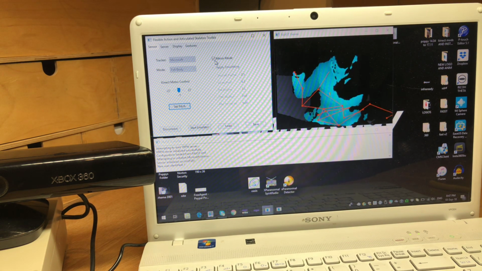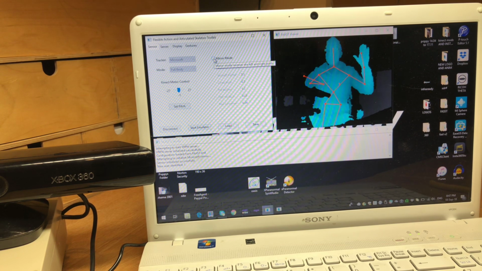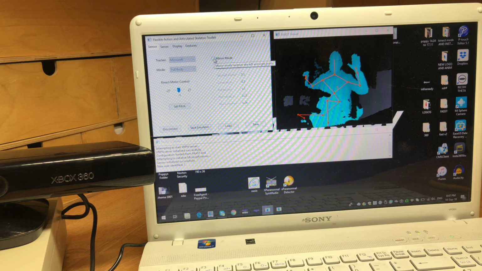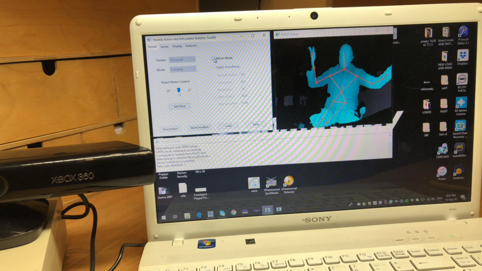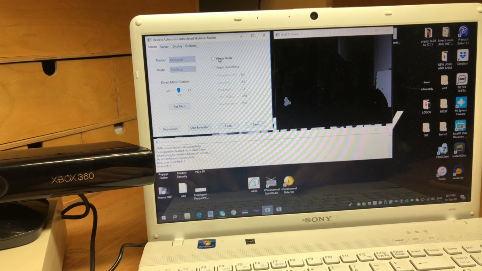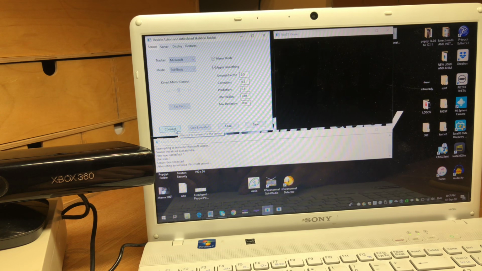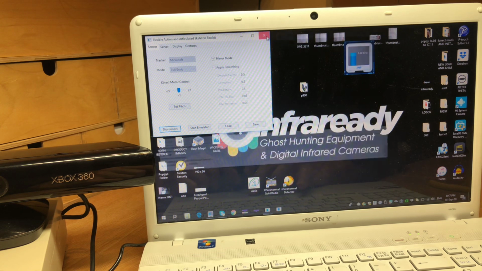If I hold that hand up in the air as the camera's pointing to me and I press mirror mode, that'll flip it round. You're unable to do that on the Kinect, so you can get a true vision of what you're looking at. So that's quite useful. We'll disconnect that, and last but not least, we have